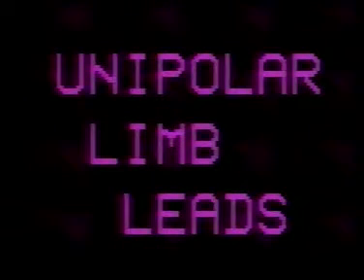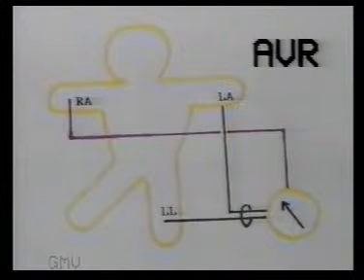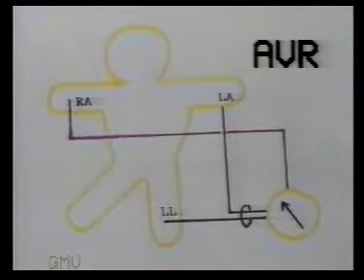leads. The unipolar limb leads, however, have a very low electric potential, so they are instrumentally augmented by connecting the other two limbs to form the neutral electrode. Hence the letter A is used to designate an augmented lead. Thus AVR means augmented unipolar lead of the right arm. The exploring electrode is on the right arm, while the left arm and leg are connected to the neutral electrode to augment its potential.